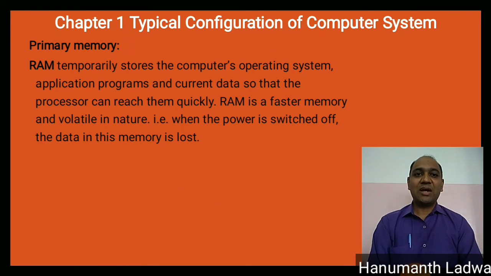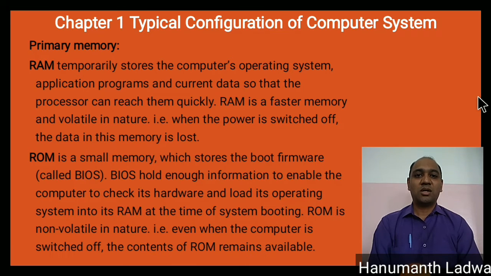Primary memory. RAM temporarily stores the computer's operating system, application programs and current data so that the processor can reach them quickly. RAM is a faster memory and volatile in nature. That is, when the power is switched off, the data in this memory will be lost. Next, we will continue with